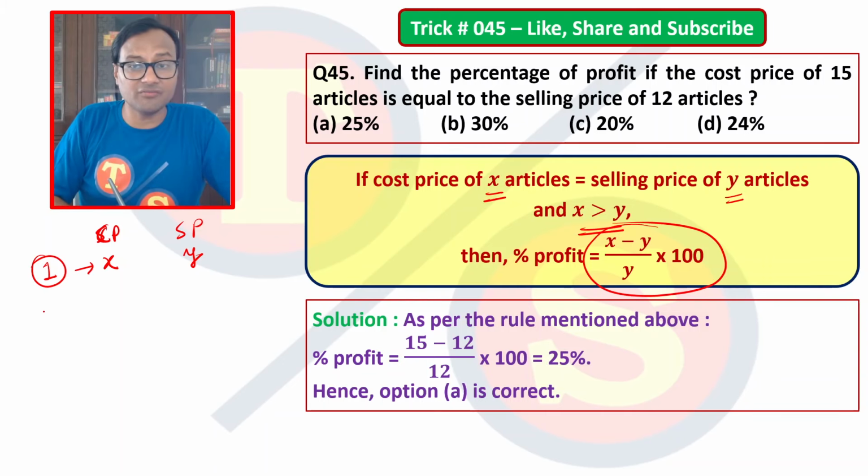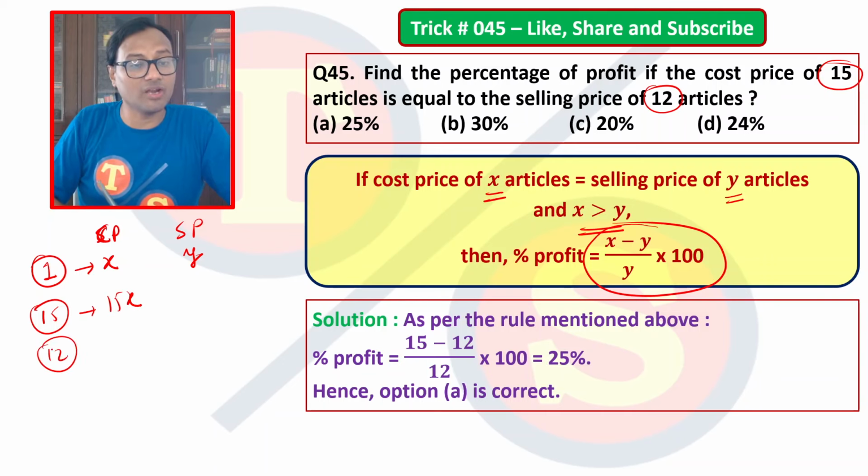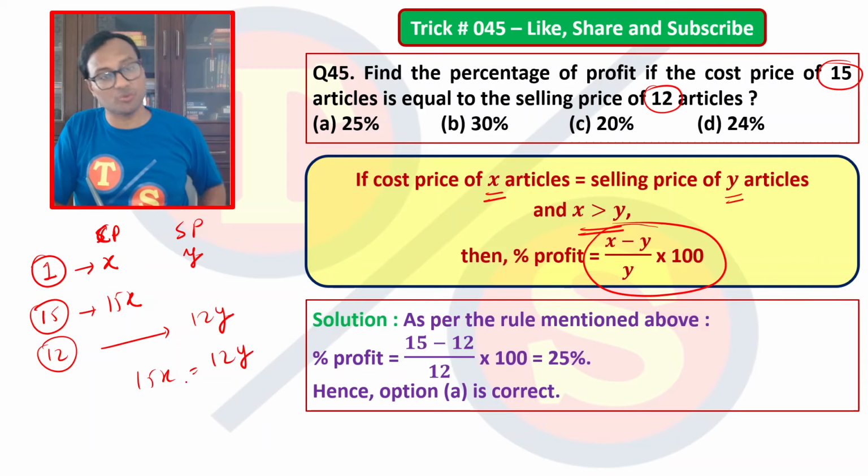So in case of 15 articles, the CP will be 15x, and the SP of 12 articles will be 12y. So here you will have this comparison available with you that 15x is equal to 12y,